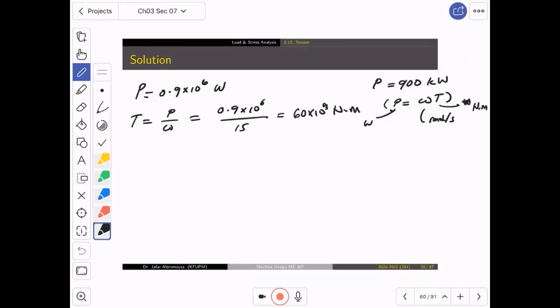Now, we have been asked to find the normal and the shear stress. So for the normal stress, we will need the area. Area is equal to pi over 4 d square, which is equal to pi over 4. The diameter was 250 millimeter, so this is 0.25 squared. So you will get the area as